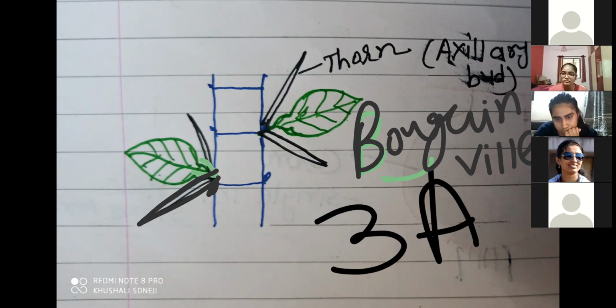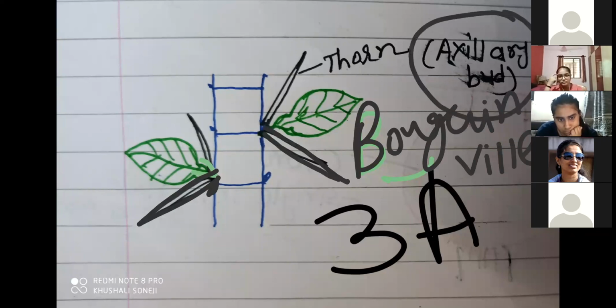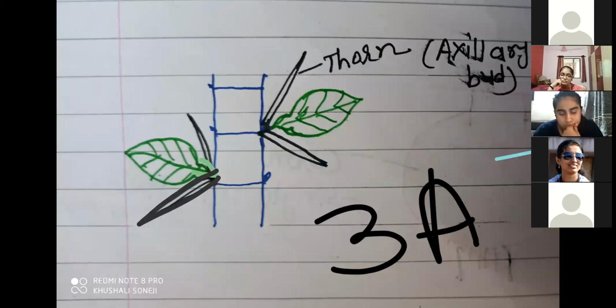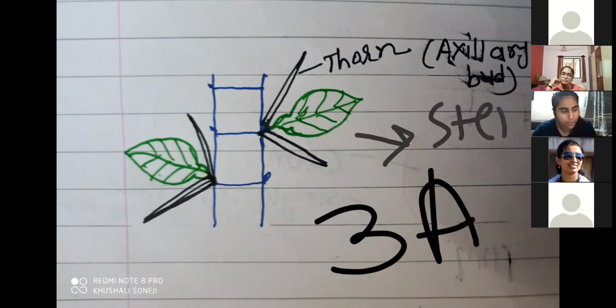Yes, ma'am. So bougainvillea and citrus have thorns here, modified from which part of the plant? That's the stem, particularly remember axillary buds. If anyone asks, thorns are a modification of stem, if you write that you will get half a mark. Sometimes some teachers give 0 also, but if you have written axillary bud, you will get 1 mark. So the correct answer is axillary bud of stem, remember. Next, one is a thorn. Remember, thorn is a modification of a stem.